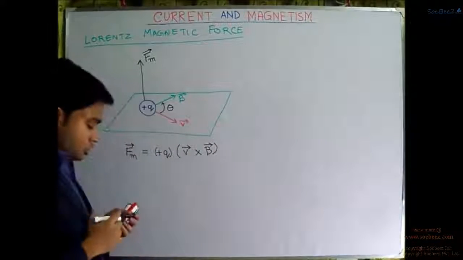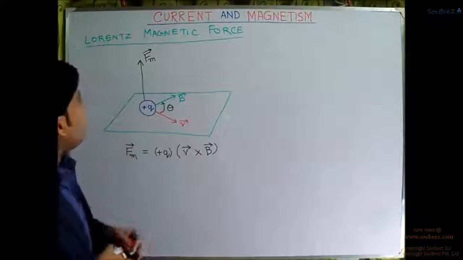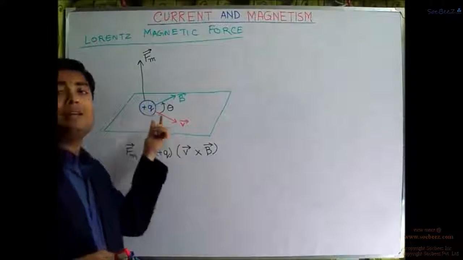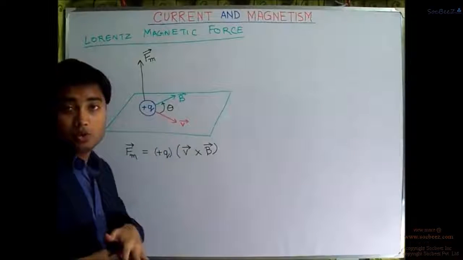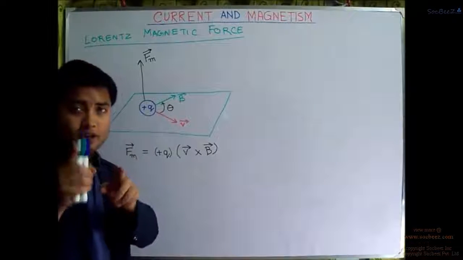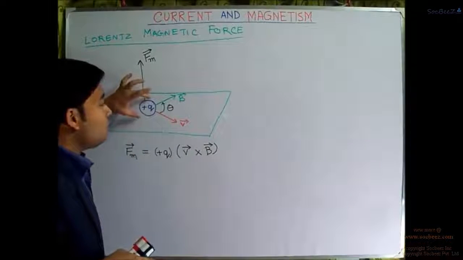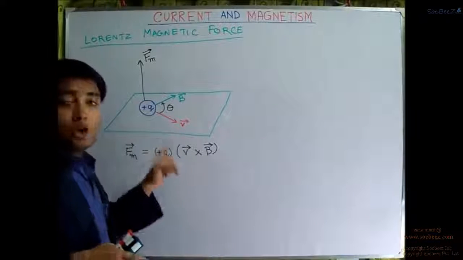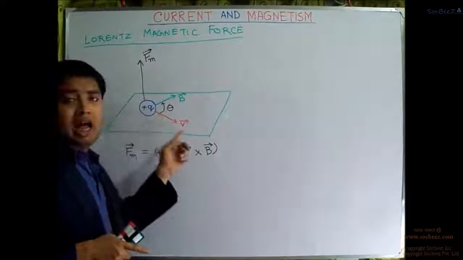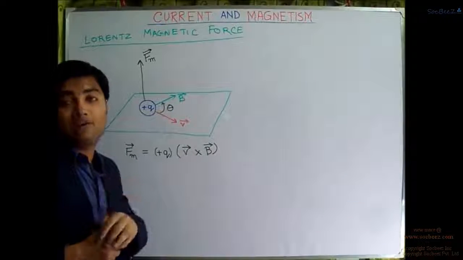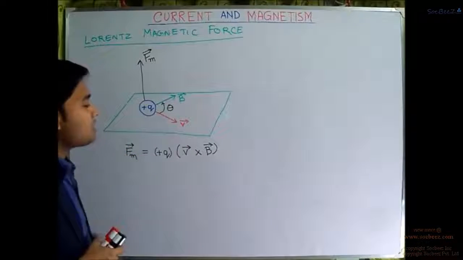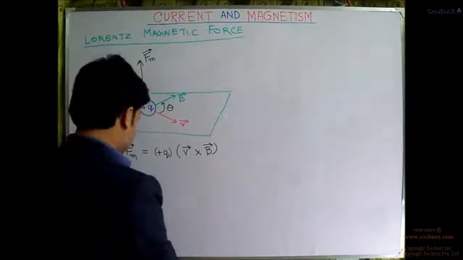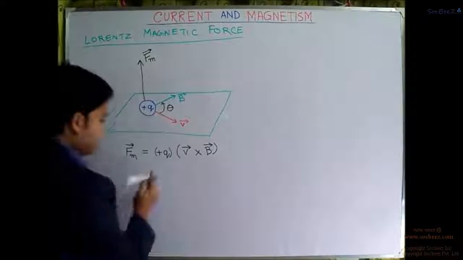This Lorentz magnetic force states that the force experienced by this charge plus Q is equal to the product of the charge plus q and the cross product of the velocity and the magnetic field vectors. And if this is a cross product with an angle of theta, then we can write that Fm is now equal to